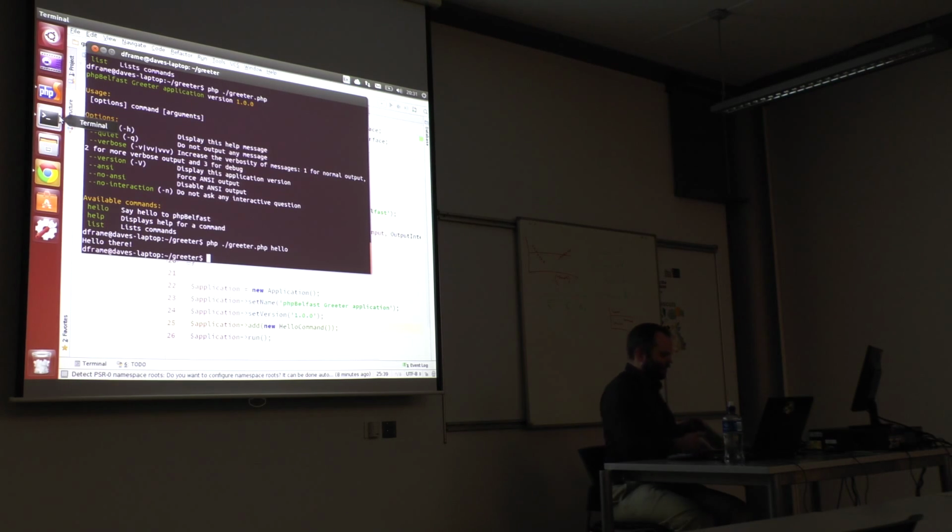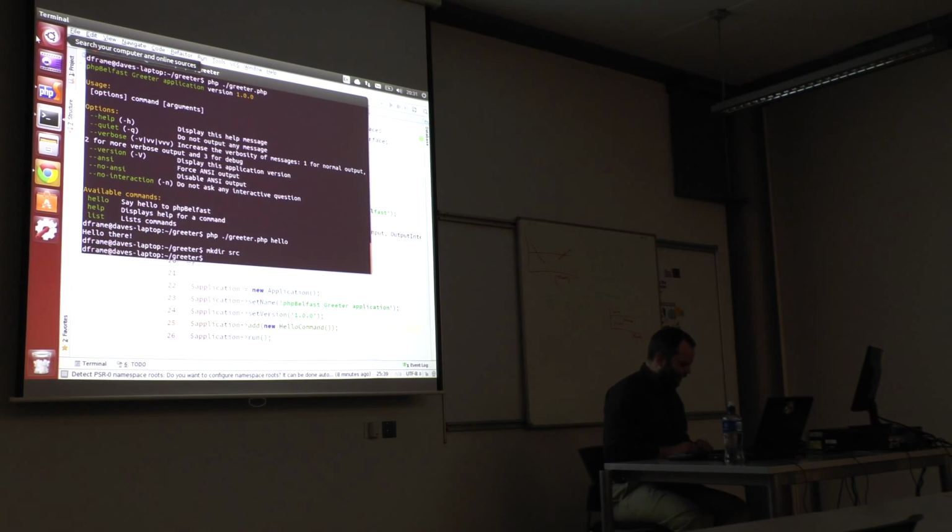Okay. Now, I mentioned before that we're going to do refactoring here. This is sort of to prepare for the later step, which is to create a Phar file for this. So, what are we actually going to do here? Well, let's create a new folder called src, and within this we're going to create